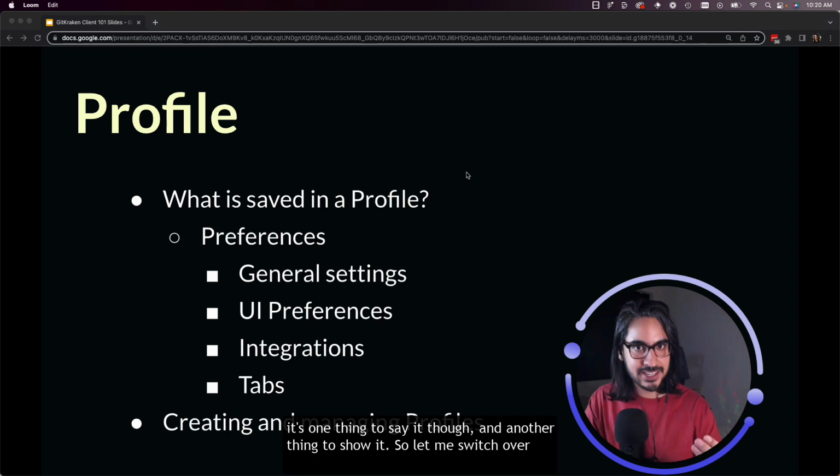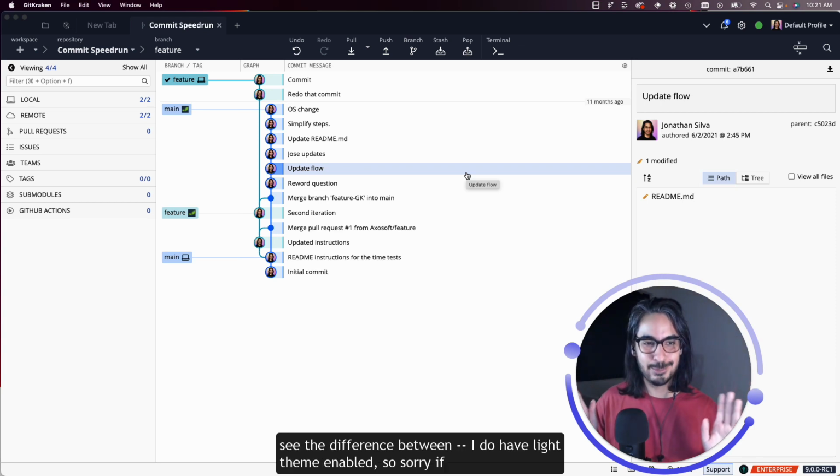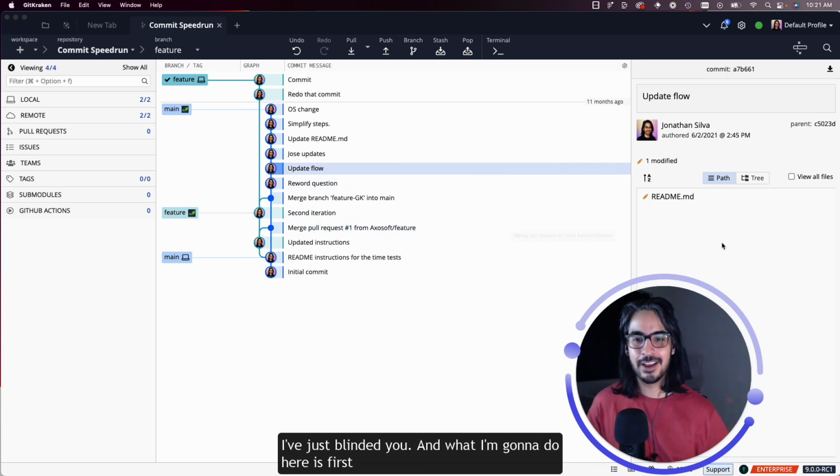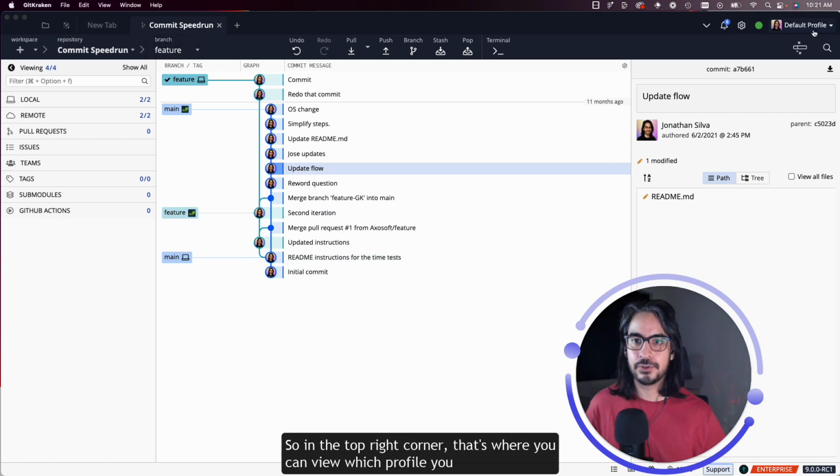So it's one thing to say it though, and another thing to show it. So let me switch over to GitKraken client. And to make this much easier to see the difference between, I do have light theme enabled. So sorry if I've just blinded you. And what I'm going to do here is first you'll note that I only have two tabs selected here in the top right. So in the top right corner though is where you can view which profile you currently have